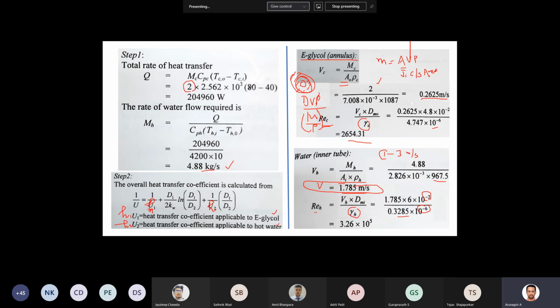Okay, so if the velocity goes below this value, then what will happen? Your heat transfer rate is not effective. And also we cannot meet the requirement, even though the friction factor is on the lower side. So we will not permit the velocity through the tubes to be less than 1 meter per second. But in this case you have it. So on the shell side and annular side, this is permissible. Even for this lower velocity, you can see the Reynolds number comes around 2700.